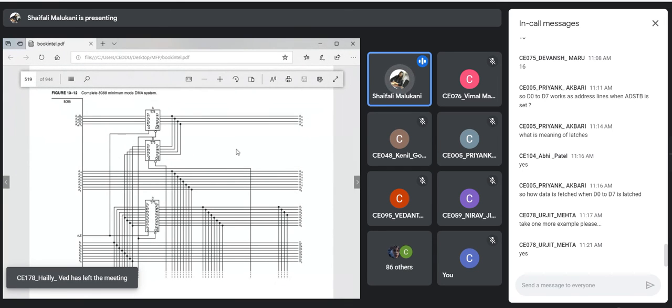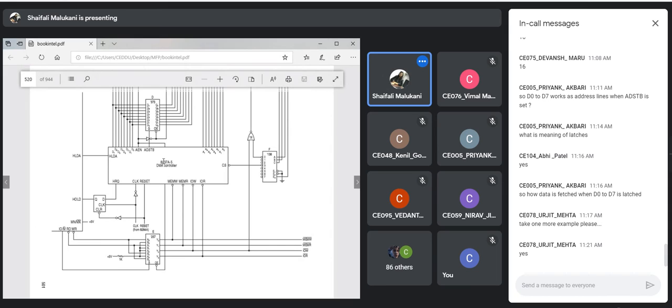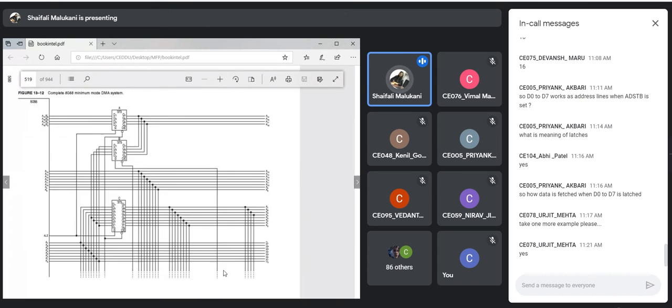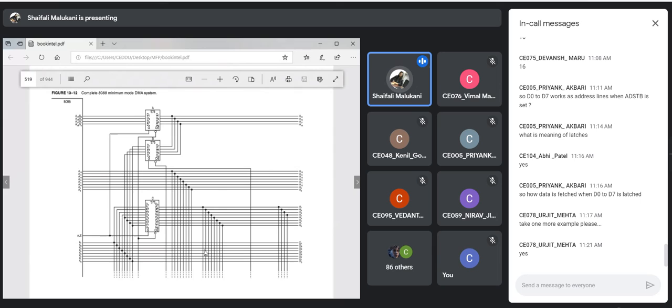Okay, so now see here. This is your 8086, right? Now what is the case? Otherwise, you have A0 to A7. Start from here. This is your 8237 DMA controller. In that we are having A0 to A7. These are the lines, and they are directly connected with A0 to A7 of your address lines.